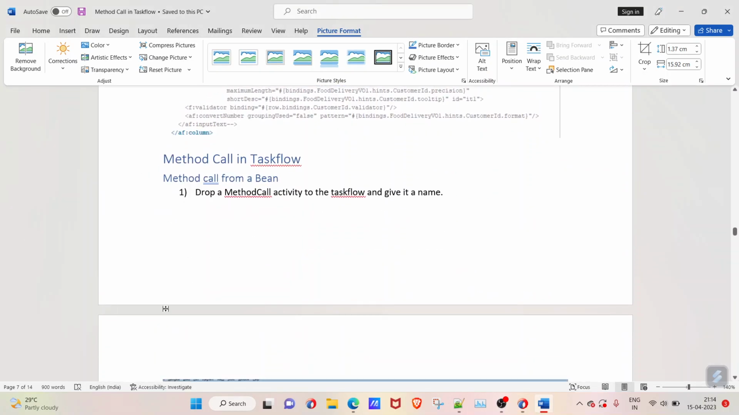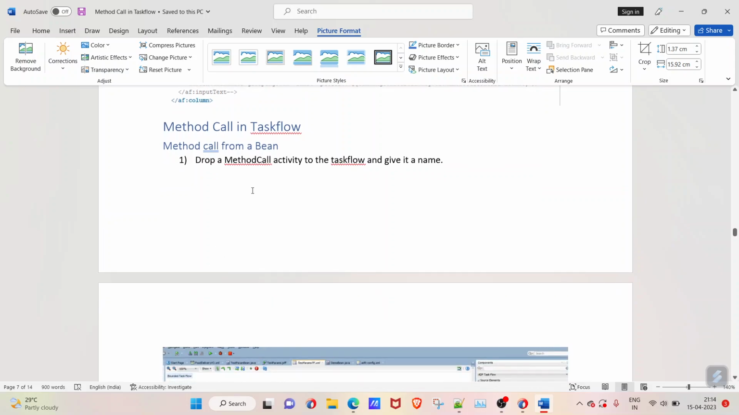Okay, now coming to method call. Now, different ways we have to use a method call. Now, method call from a bean. So in order to call a method from your bean, which is your view layer, what you can